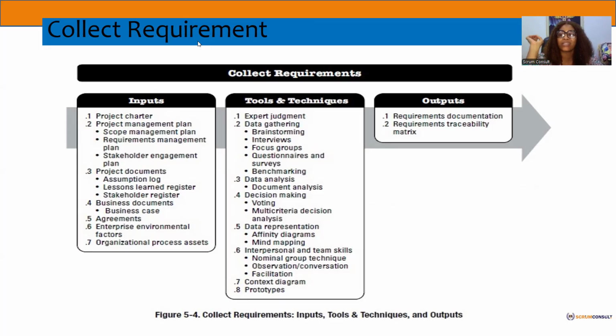Sometimes when you're looking at potential risks for the project, that's where you go to. So always keep your assumption log, whether it was useful or not, just keep it, right? Because there could be lessons learned from your previous project. You have your stakeholder register, which contains the list of stakeholders and everything. You have your project documents. It could be your project business case and agreements.